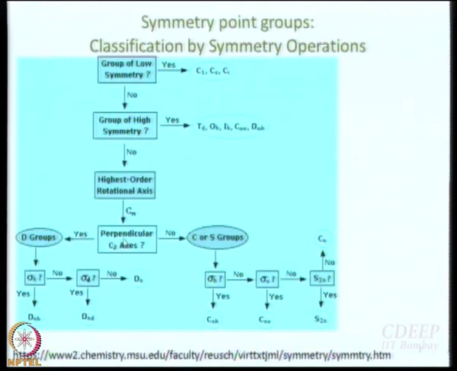Now, if the answer to this question, is there a perpendicular C2 axis, is yes, then you don't call it C anymore. Because in addition to the principal axis of symmetry, it has some more axes, C2 axes. So even in the name, it should have some more. D is equal to C plus 1. So D is more than C. So instead of C, you call it D. Alright? And once again, you ask the same question that you asked here. You ask, is there sigma H? If sigma H is there, then you don't worry, you just name it DnH.